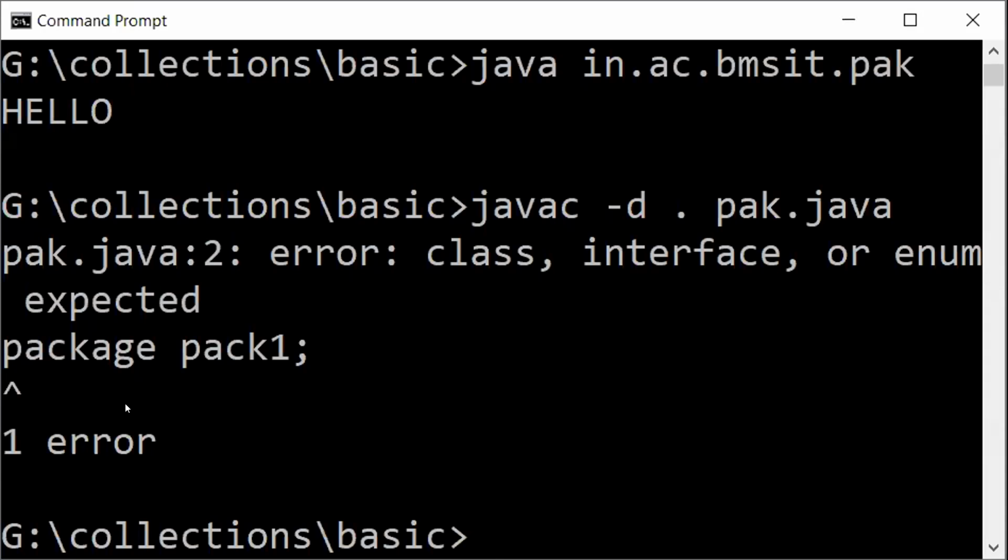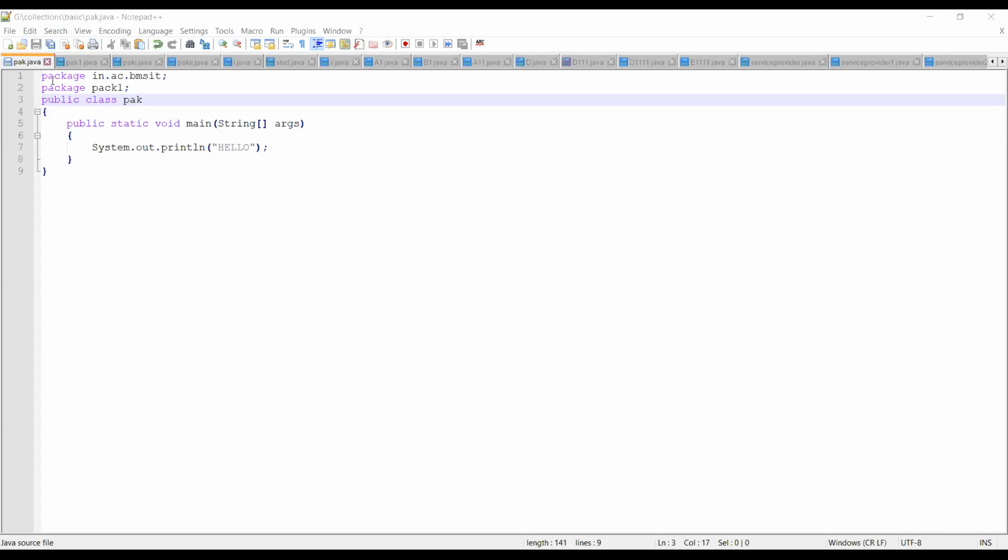So what it means is, whenever you're writing a program, you cannot write two packages in the same program. In my program here, I have two packages. First package is in.ac.bmsit, second one is pack1.